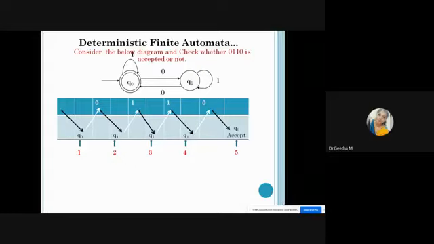Now see the fourth one. After completing the third operation, you are still maintaining Q1. At Q1, the last symbol 0 you want to receive. The last symbol is 0. After receiving 0, finally it will move to Q naught. See the fifth operation: after processing all the symbols, it will be in Q naught. You know that Q naught is the initial and also final state. So since Q naught is a final state, the given input is accepted by this finite automata.